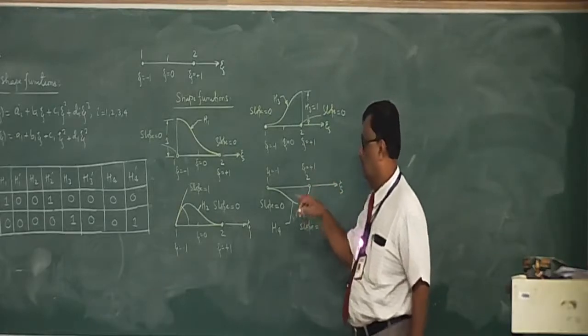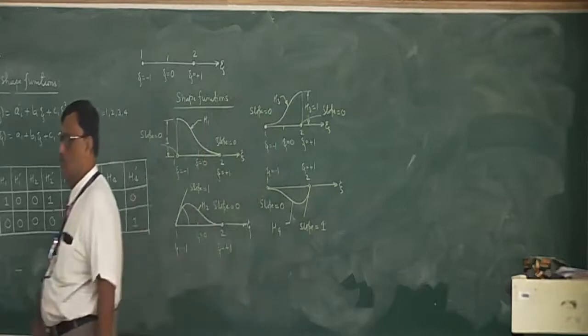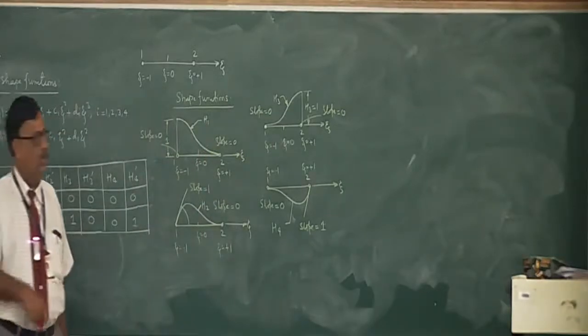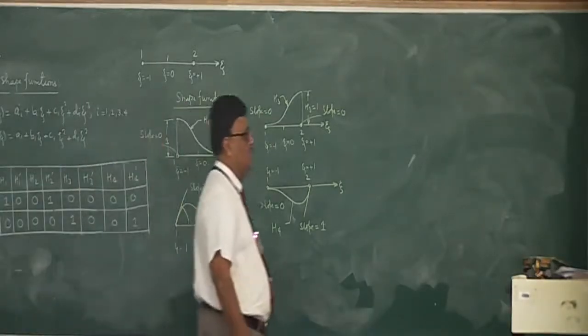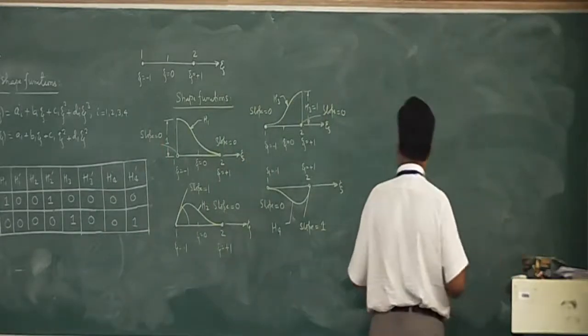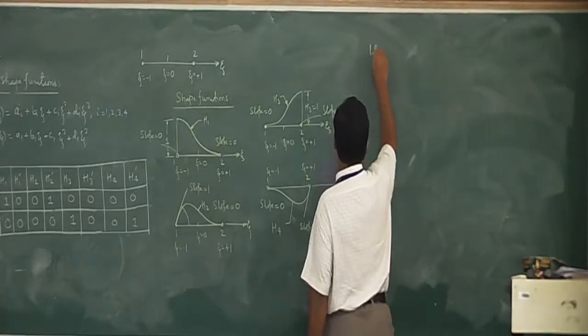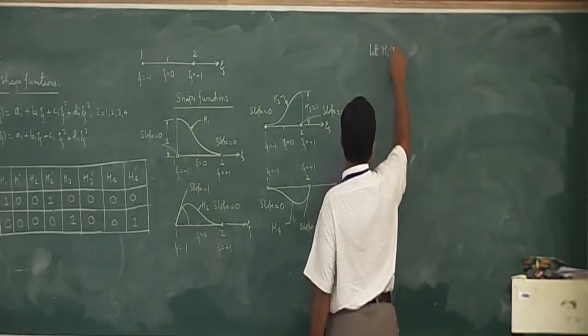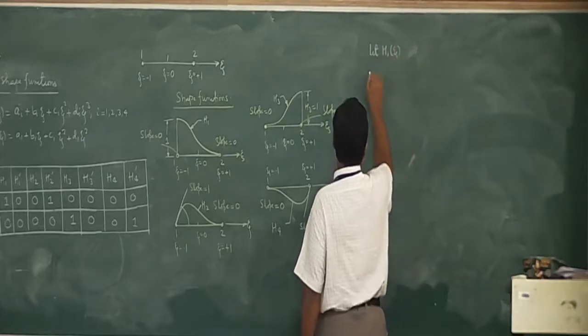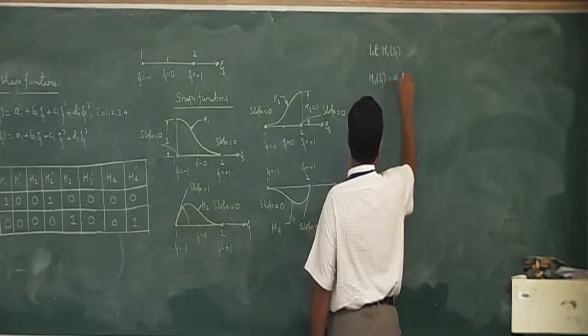This is what you can see. So these are the 4 shape functions by which we are required to now find out the individual values of these H1, H2, H3 and all that. For example, now let us find out what is the H1. Let us take H1, we will find out H1 of zeta. See, H1 zeta will be A1